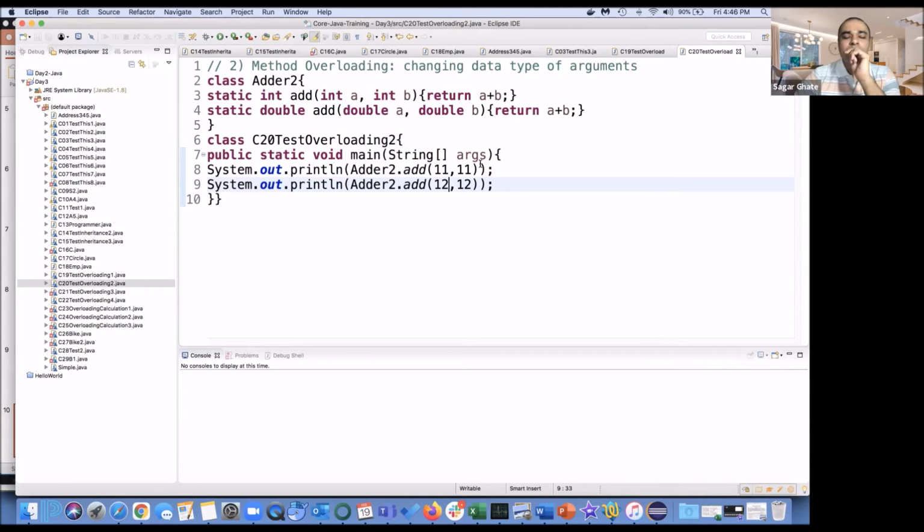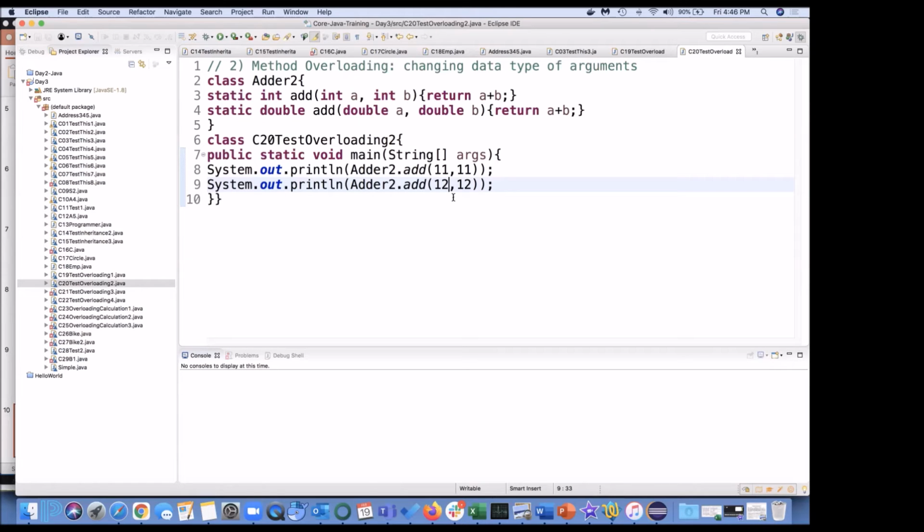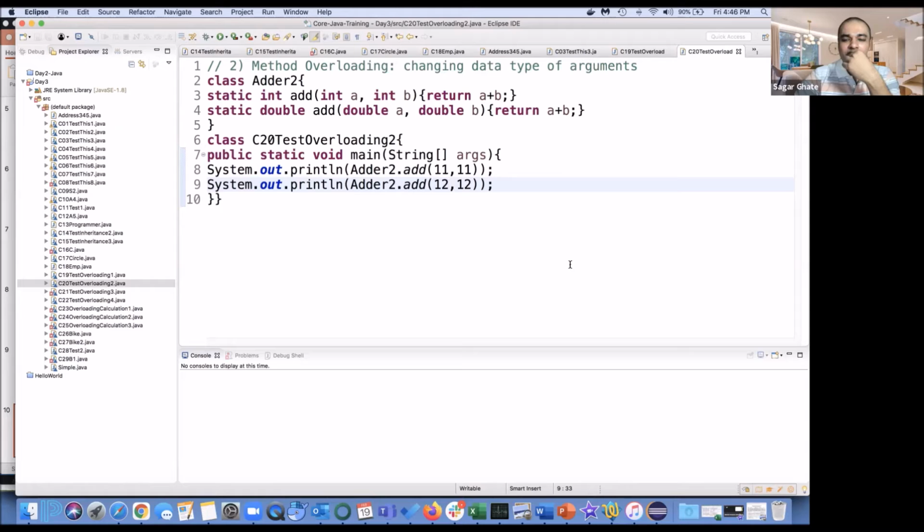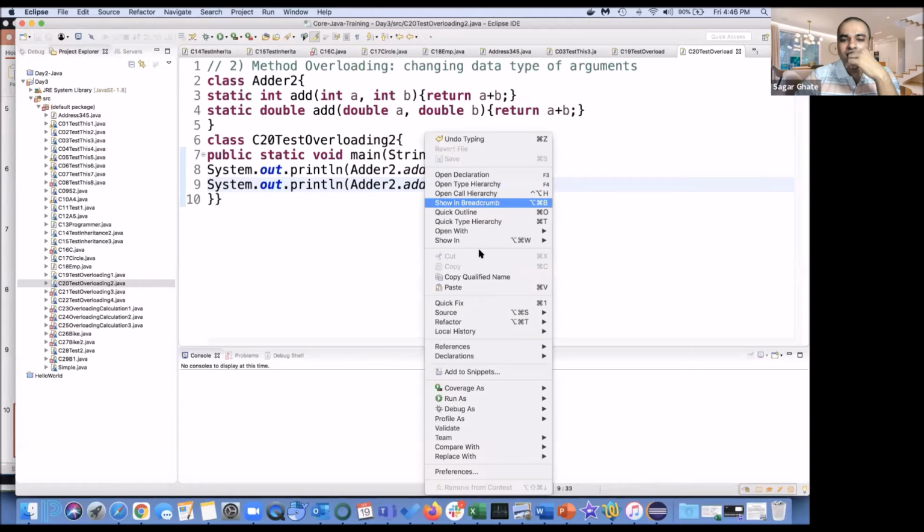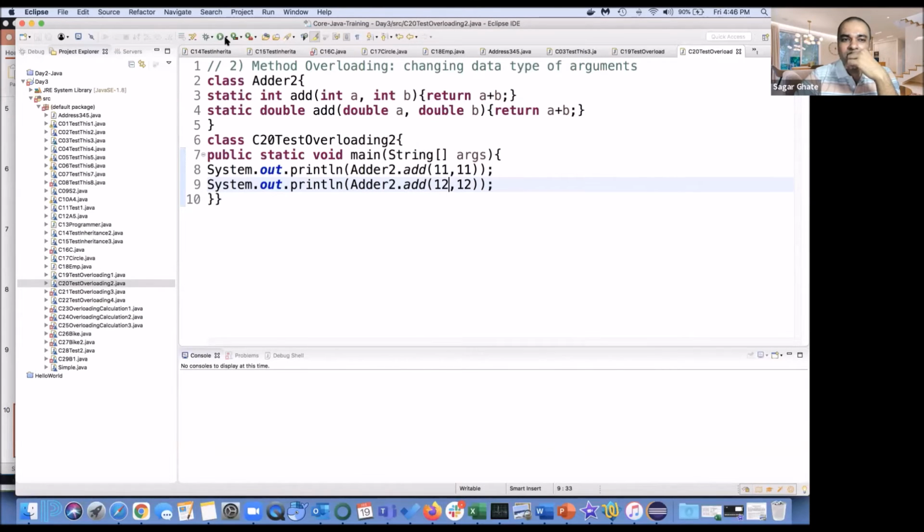So you are saying 22 and 24.0. Yes. Any different answer? Chetra also says 22, 24.0. Anyone having a different answer? Okay, let's run and see.